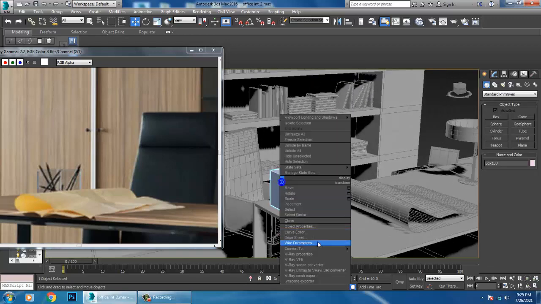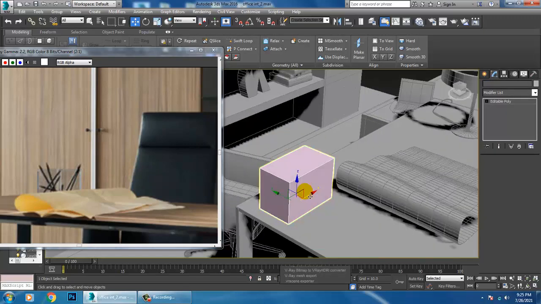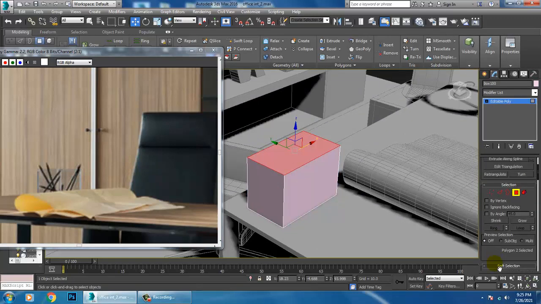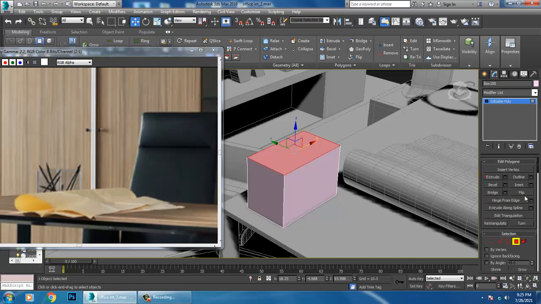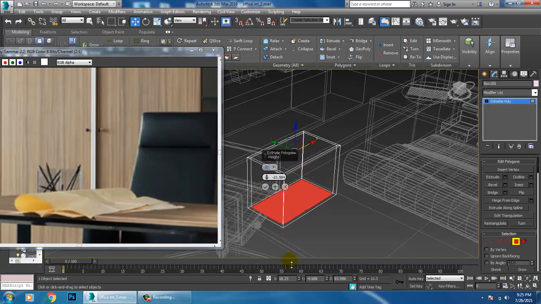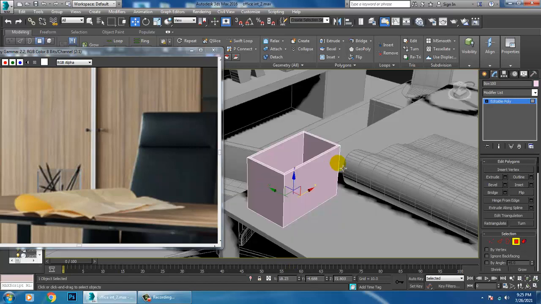Convert to editable poly, select the polygons, slightly give a bit of inset, extrude it down, click OK.